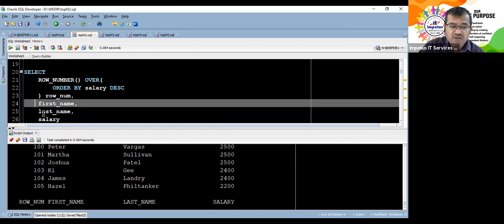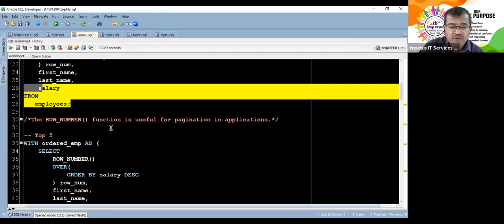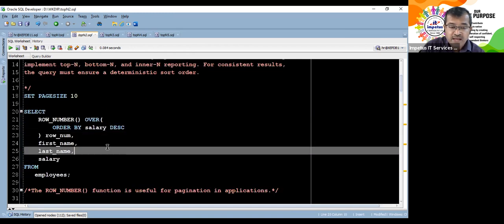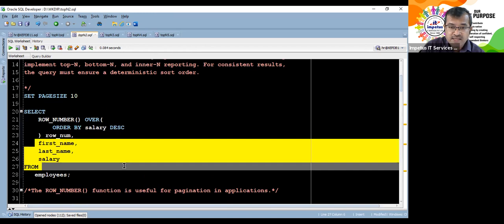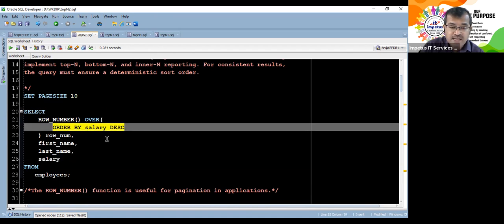So the row number, first name, salary, and then I just say from employees. So we have effectively used this new set of row numbers that has been assigned to every row in the result set, all the records that have been returned by the query, which have been ordered by salary in descending order. I could have just skipped the descending, I could have kept ascending as well.